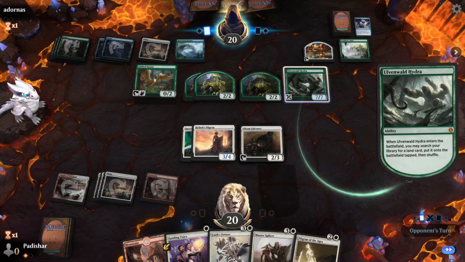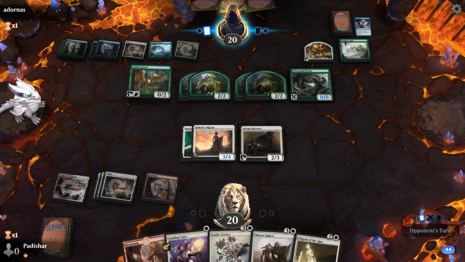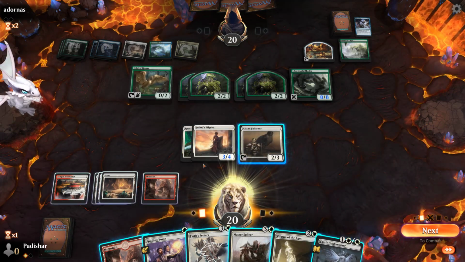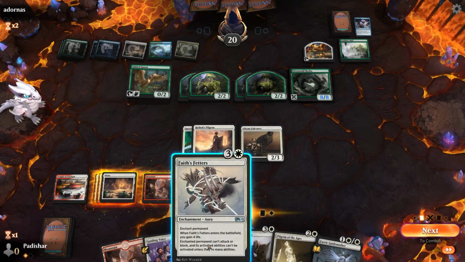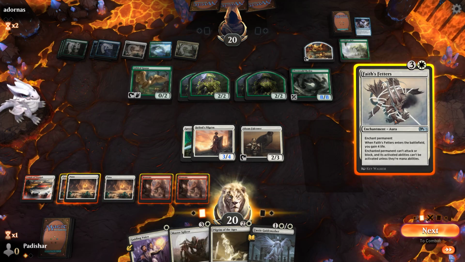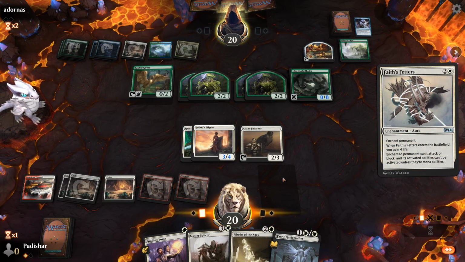Well, I can Fate's Fetters that thing. They get more lands. Well, they can't attack with the 2/2s when I have these kind of blockers here, at least. But I have to use the Fate's Fetters now. So 6 mana. 4 of them will be Fate's Fetters. So like this. And then I will have a...